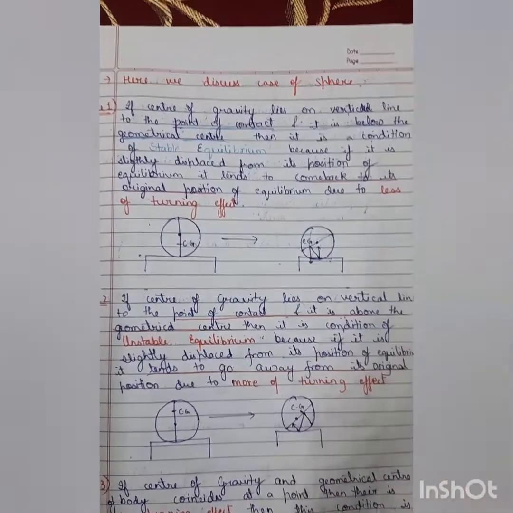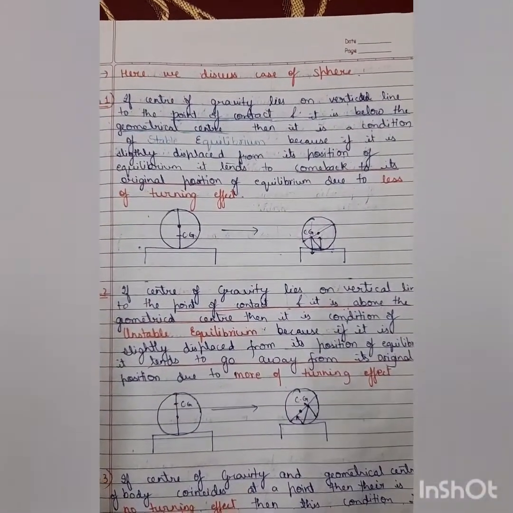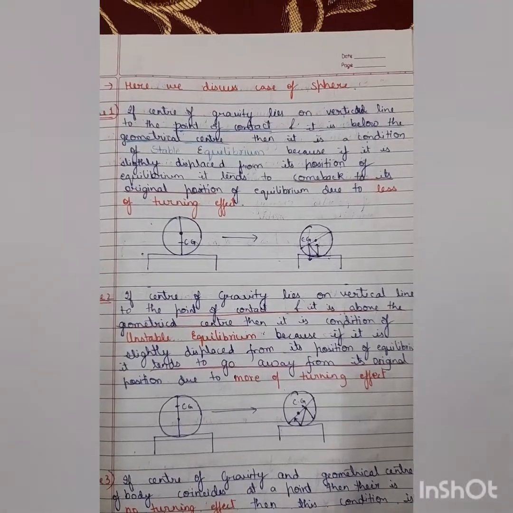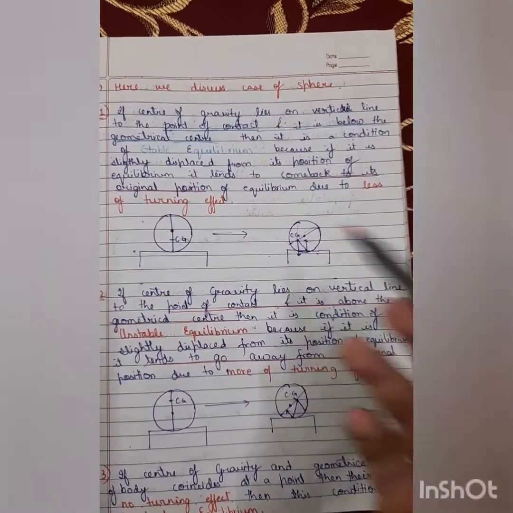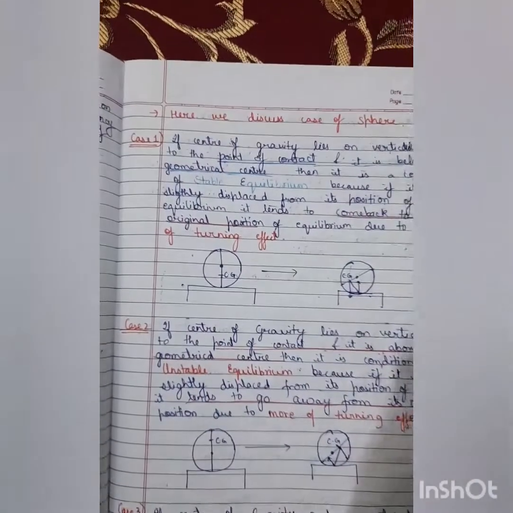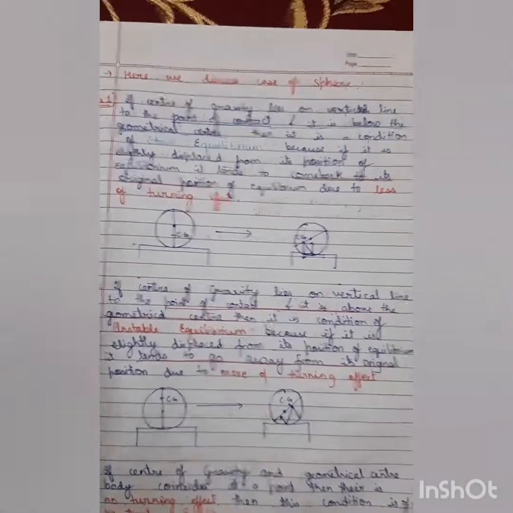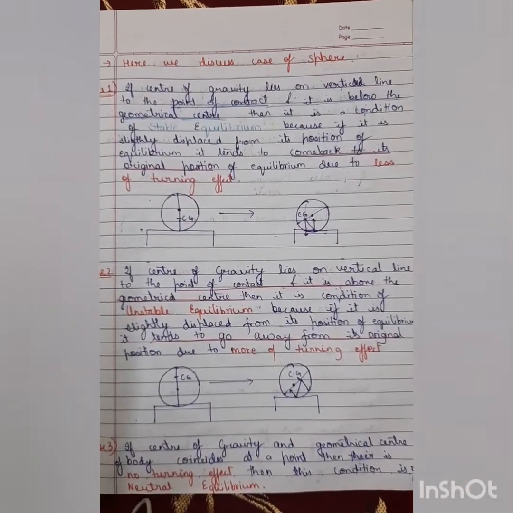Because it is slightly displaced from its position of equilibrium, it tends to come back to its original position of equilibrium due to the loss of the turning effect. As you can see, the center of gravity has come here. Now, case 2: if the center of gravity lies on the vertical line to the point of contact and